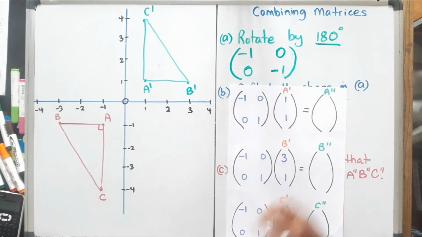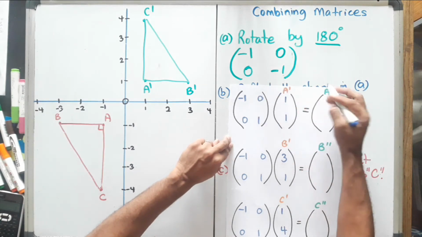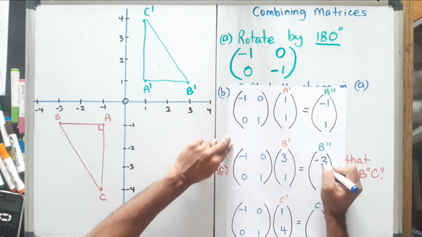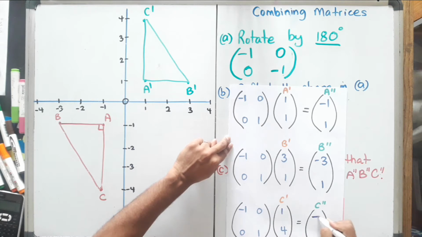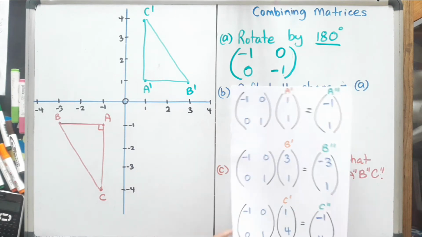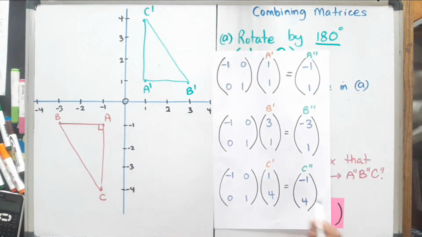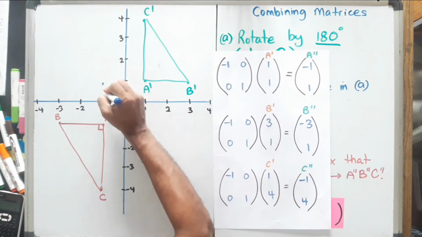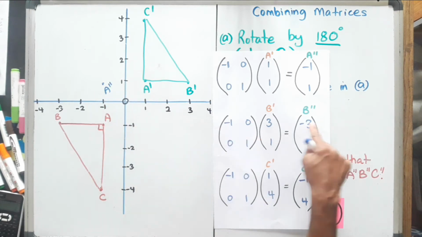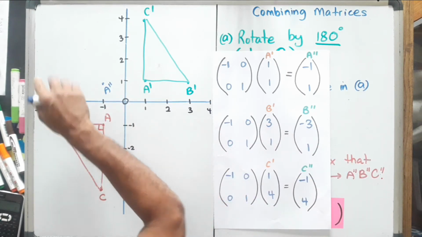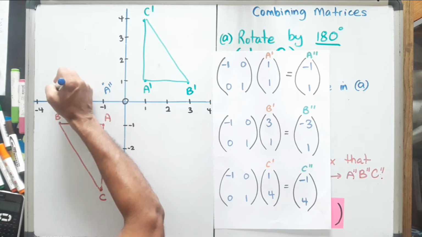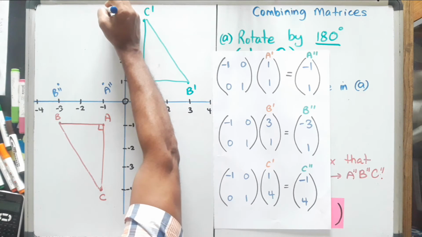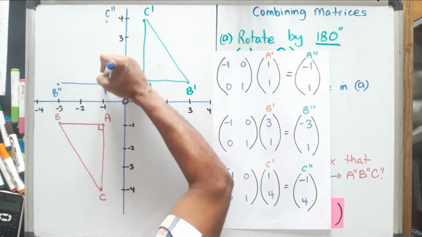Let's multiply this out. If we multiply this by this, we will get minus 1, 1. If we multiply this by this, we will get minus 3, 1. This by this is minus 1, 4. Great. Let's plot these new points. I'm going to put it in blue. A double dash is minus 1, 1. B double dash is minus 3, 1. C double dash is minus 1, 4. If we connect this up,